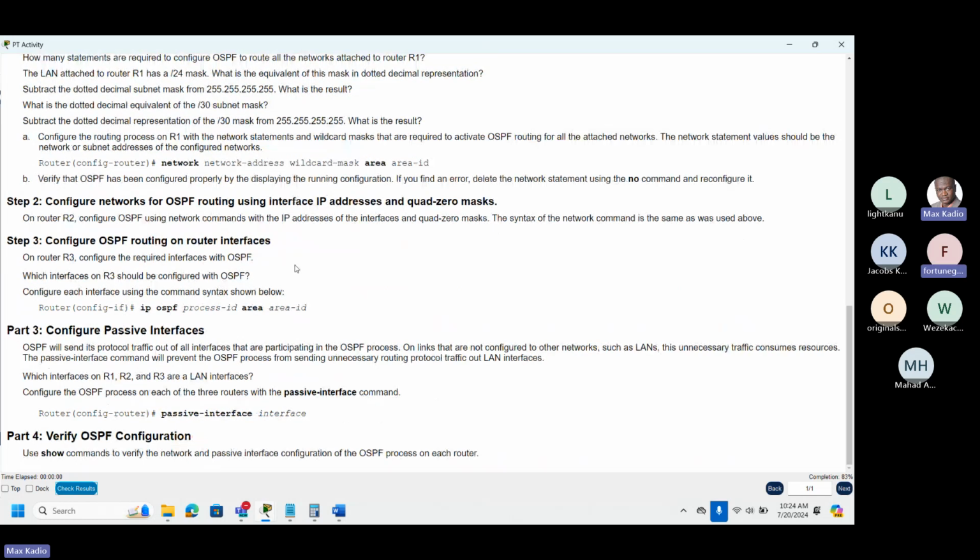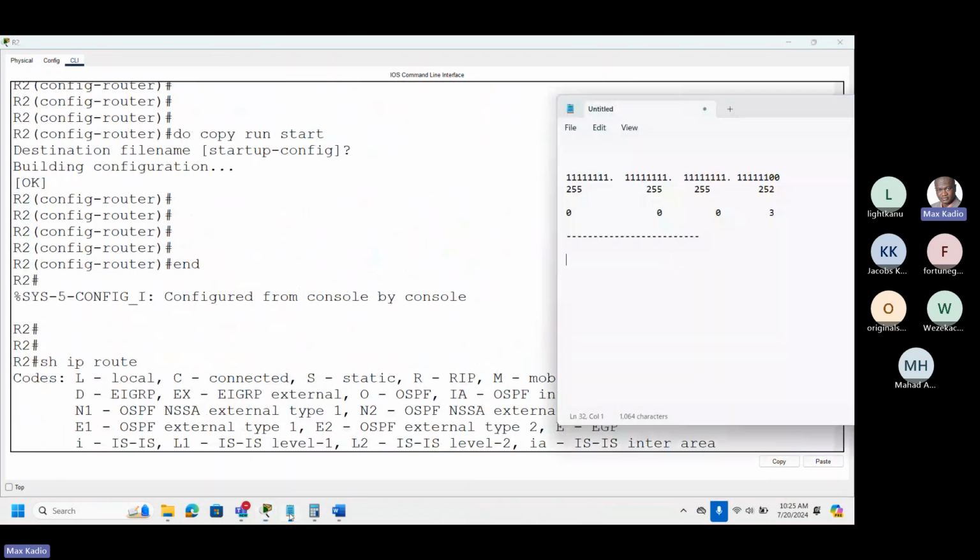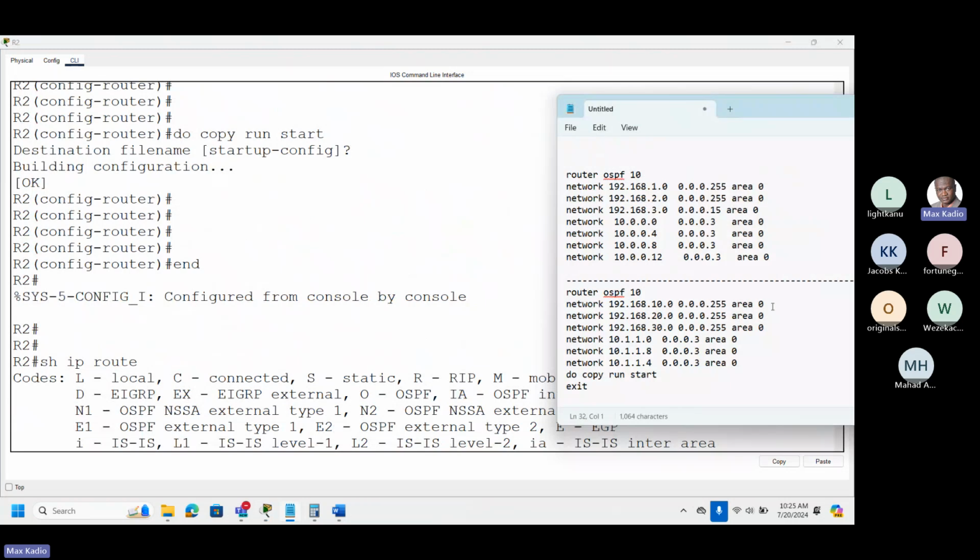So when you do your exam, try to add as many routes as you can. That's why it's good to have a clear idea. You put all the networks that you see here. This one is LAN 1, LAN 2, LAN 3, and three links connecting the routers: link between R1 and R2, link between R1 and R3, link between R2 and R3. It's just because we cannot copy paste, else